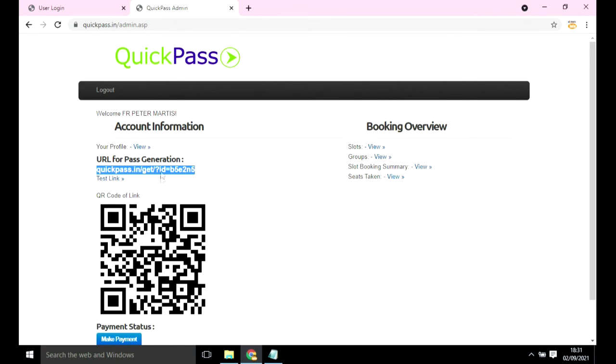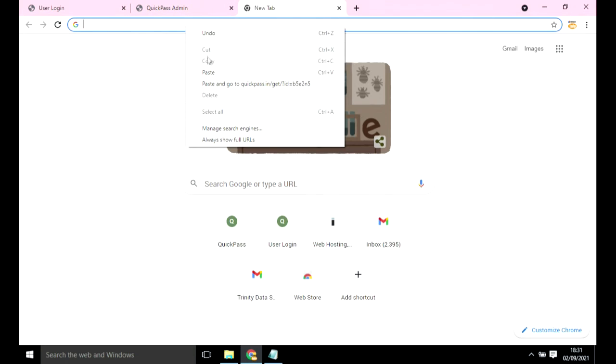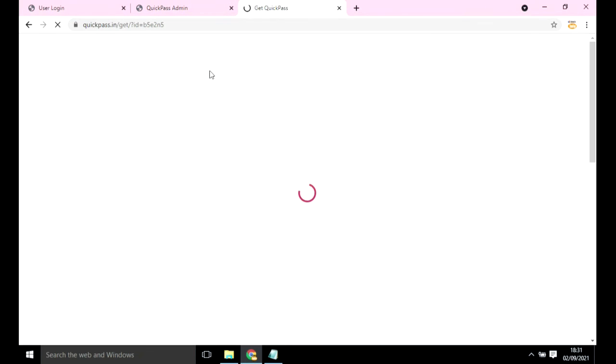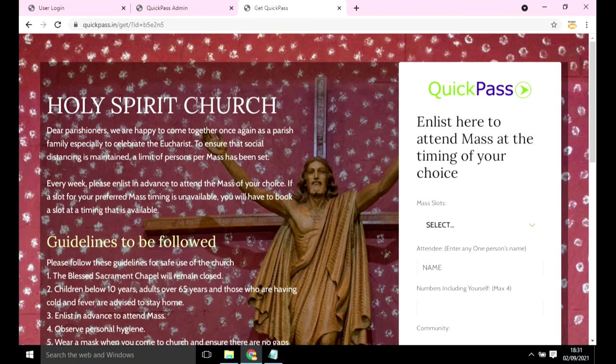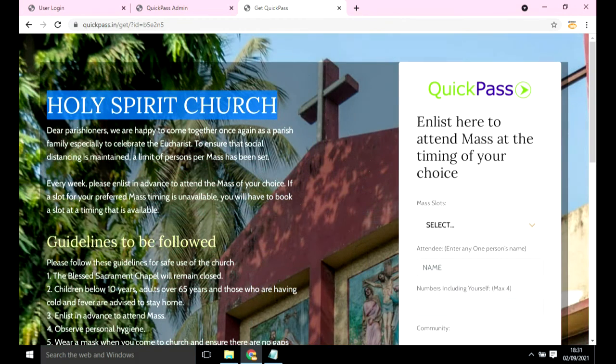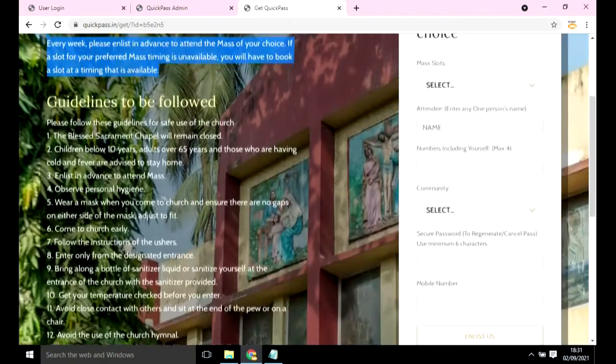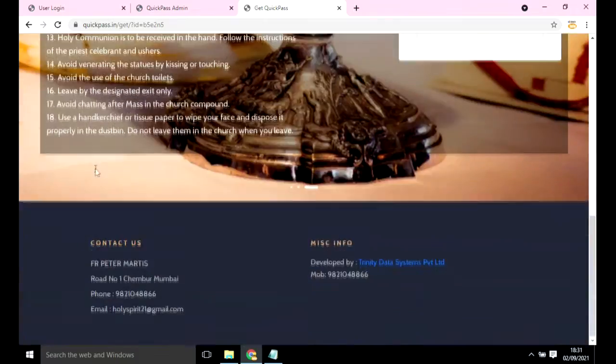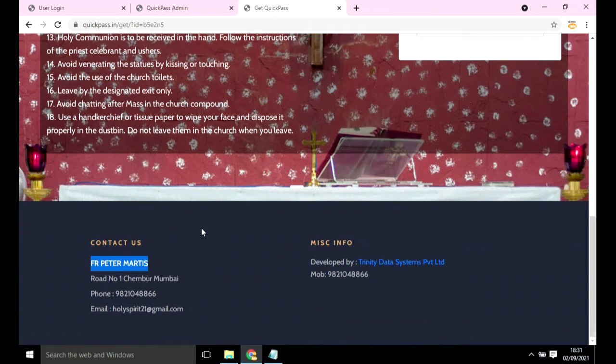So I'll copy, I'll paste the link, and this page opens. If you look at it closely, the name of the parish, the information that you had put, the guidelines are all displayed here. At the bottom there's a priest name, there's the address and the phone number and the mail ID.